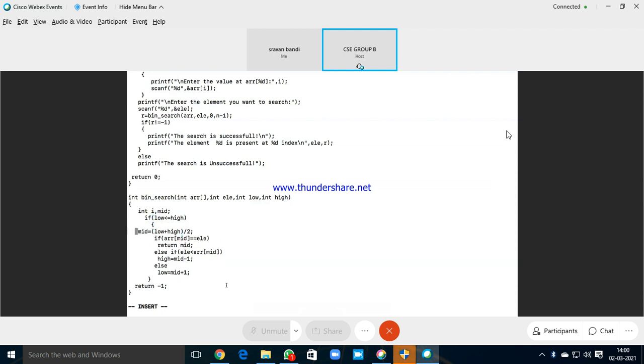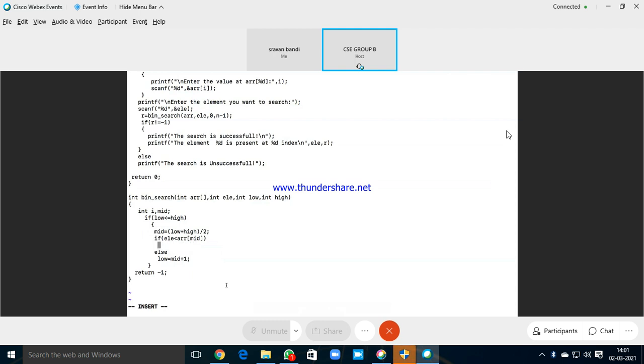What I do is first I calculate the mid value. If the element is less than the value at mid, then I have to change only high.